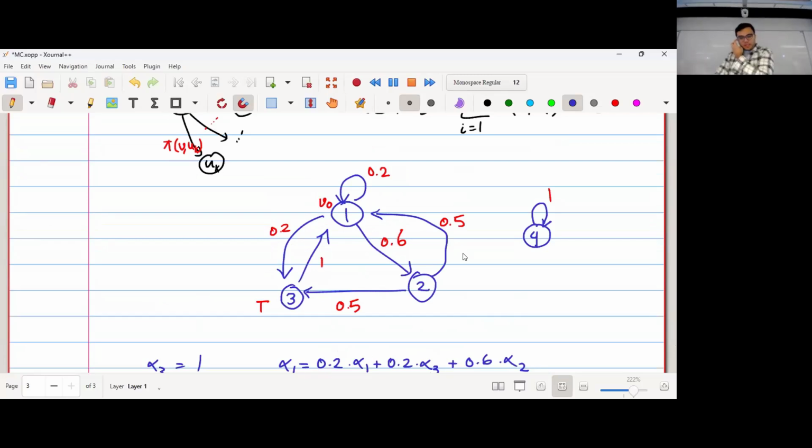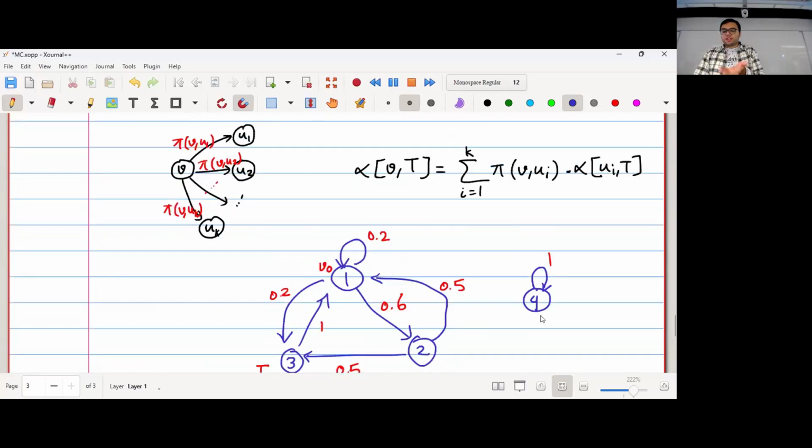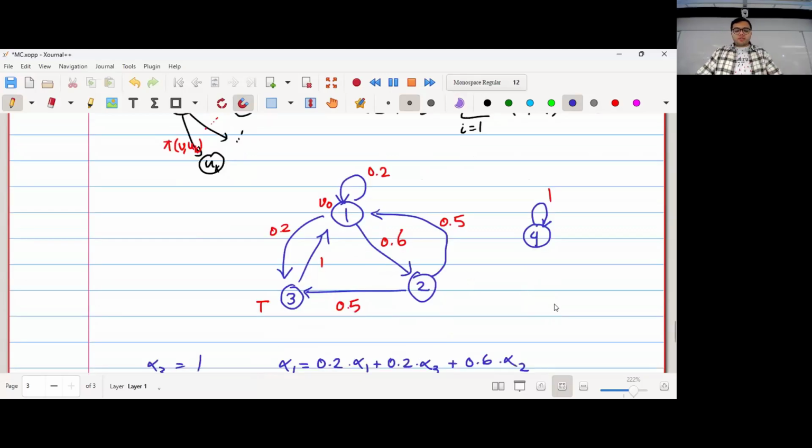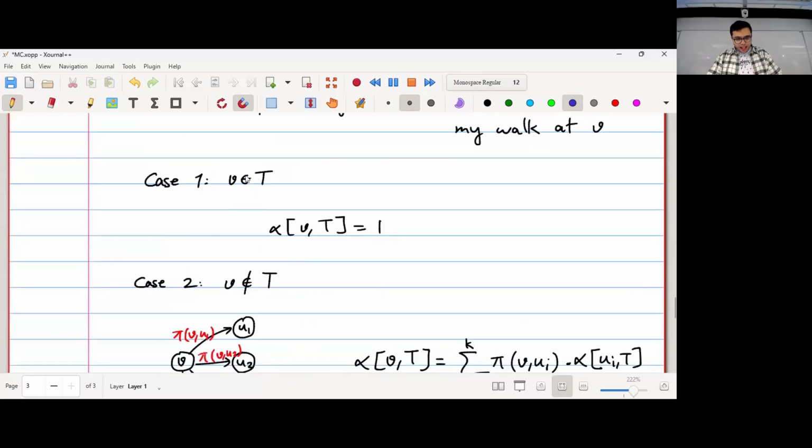For example, in this case, 4 just doesn't have any path to the target vertex 3. So of course, if I start at 4, the probability that I would ever reach 3 is just going to be 0. Right? So I can find this by a DFS. I can just do a reverse DFS from 3, see what is the set of all the vertices that have paths to 3. And then for every vertex that doesn't have a path to 3, I would just add another